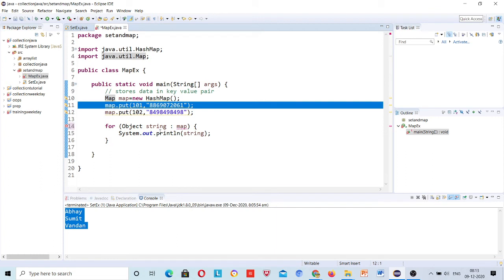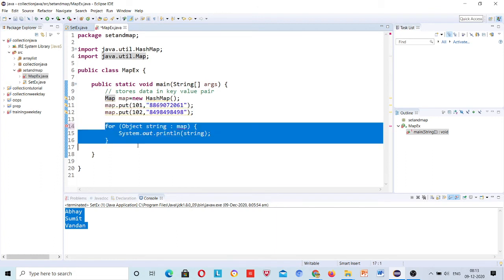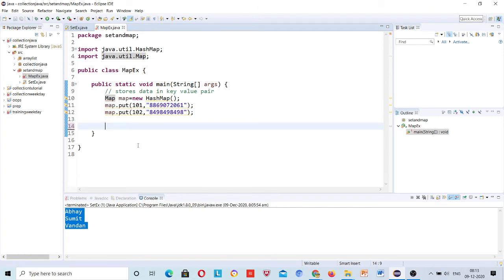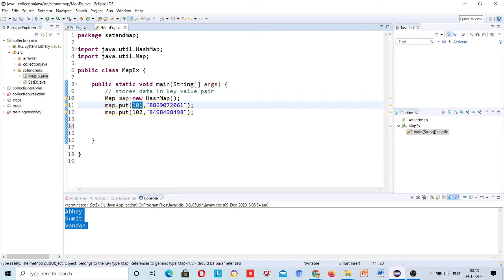So you need to convert this into a key set. There is a method which will store all these keys inside a set.